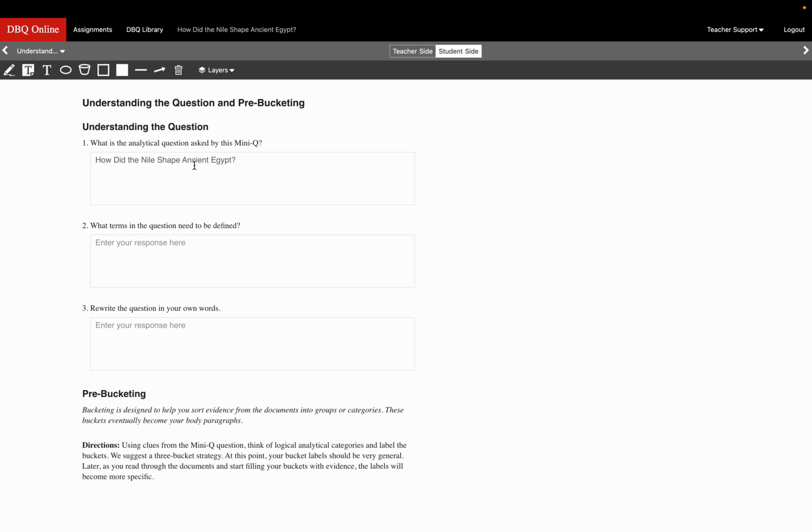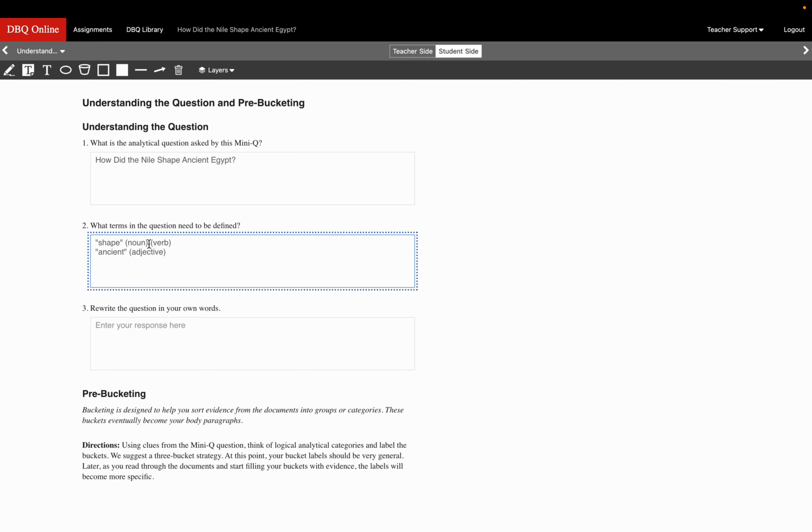So with this question, we're going to start with shape, and then we'll go with ancient. Now, shape, that's going to be a noun, right? Person, place, or thing. It could also be a verb, not an adjective, not likely. The word ancient would be an adjective. Now, with shape being a noun or a verb,